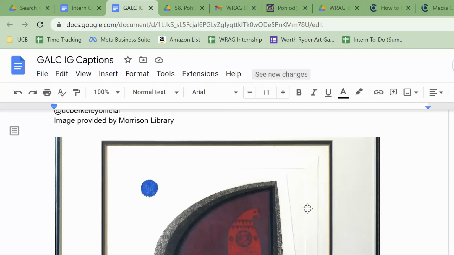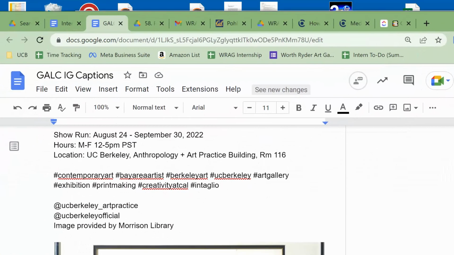In this tutorial, I'm going to show you how to use the find and replace function, which can be used in word processing documents as well as websites and Google Docs. It's very helpful, and it's something that